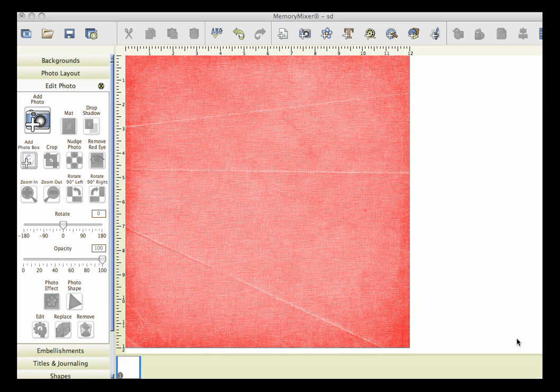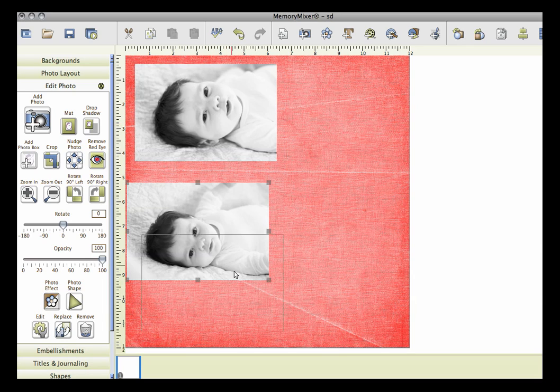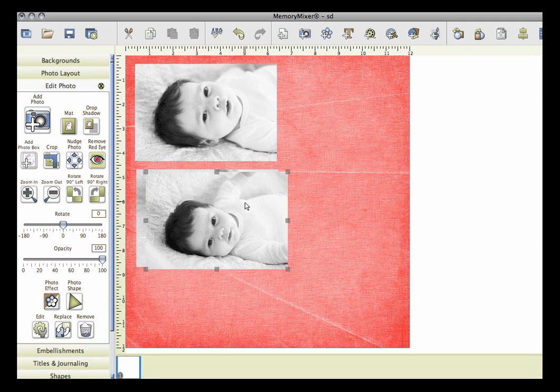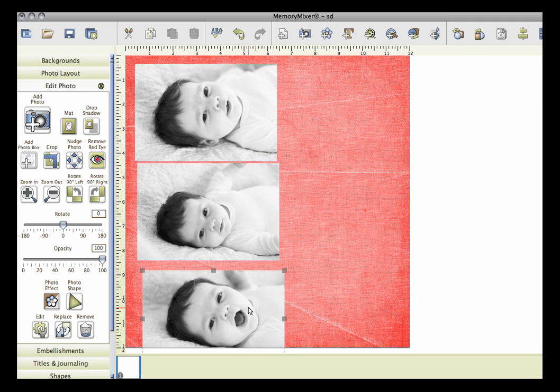Now the photos I'm using tonight are already black and white, so I'm not going to be changing them in MemoryMixer, but you can certainly go ahead and apply any of the photo effects that you want to your photos. So here they are, just kind of stacked on top of each other. This is my cutest little baby girl that you'll be seeing a lot of because I take lots of pictures